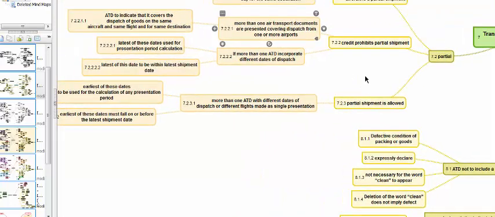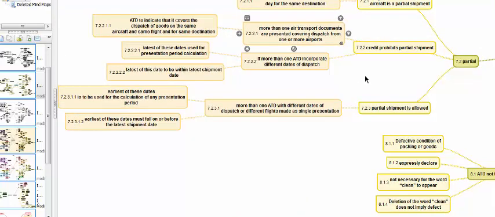But as long as the goods are carried on the same transport document, on the same aircraft, on the same voyage, or the same, what do we call, trip or flight, then as long as it leaves for the same destination, it will not be considered as partial shipment.